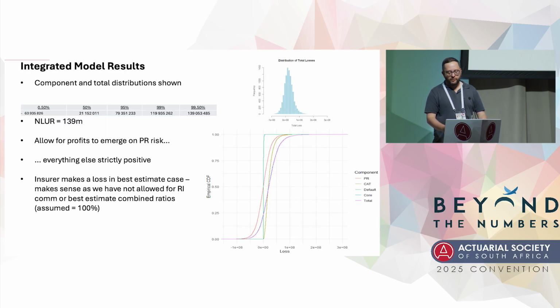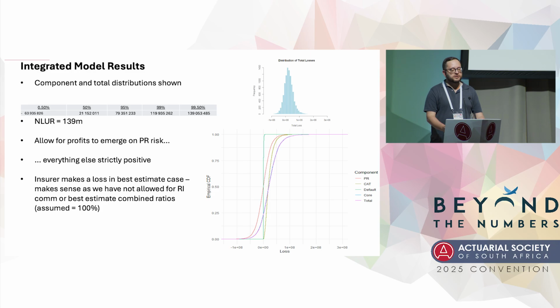On the top right-hand part of the slide, you've got a distribution of total losses. You'll see that that point over there is 0. So we allow in some of the situations for the company to make some money. Remember, there is some reinsurance over here, but we haven't assumed reinsurance commission. So probably this should be a little bit more profitable. We haven't assumed investment income, so it should be even more profitable than that. But this is just trying to justify why we only see a small slice of underwriting profitability in this particular